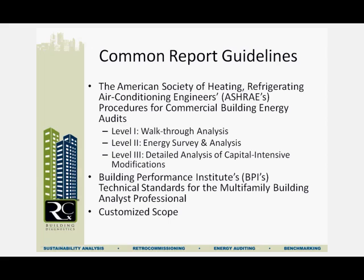So level 1 is the most simple, and that's a walkthrough analysis, which should typically take like a 1-day visit on site. Level 2 is an energy survey and analysis, and this is a much more in-depth audit. Typically involves a lot more testing of equipment and a little bit more in-depth study of your energy conservation measures. It can include energy modeling, but again, the ASHRAE guidelines don't specify. It says it's optional. And a level 3 is really when you want to look into doing a massive retrofit